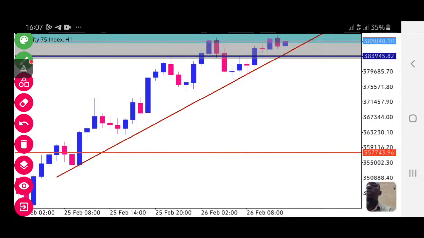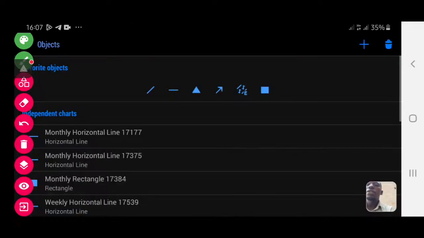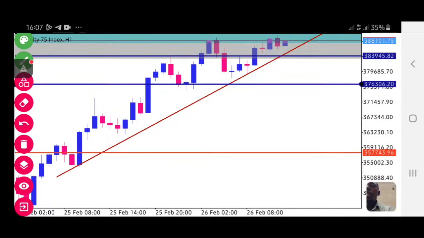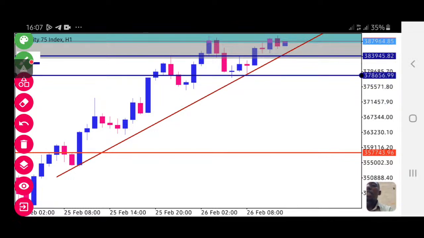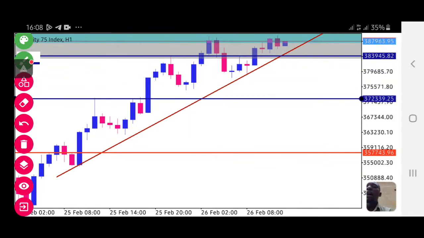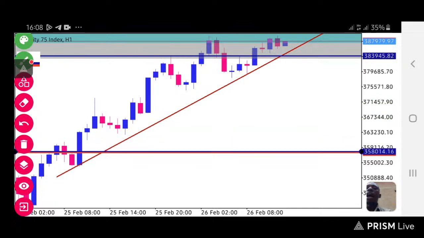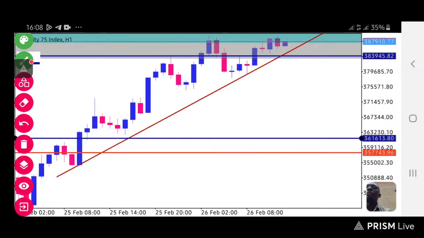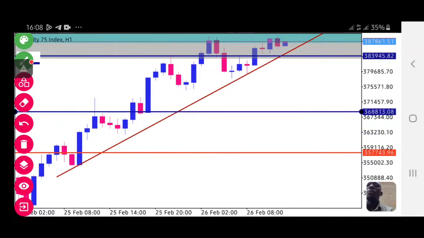Let me try to show you the TPs, guys. So be ready. The TP1, if the market breaks, should be around 3789.50.84. That will be the TP1 if the market breaks the trend line, and then the TP2 should be around 3723.99.25. That should be the TP3, and then the last TP should be at the demand zone of the monthly, 3577.43.96. So all of those are the TPs.